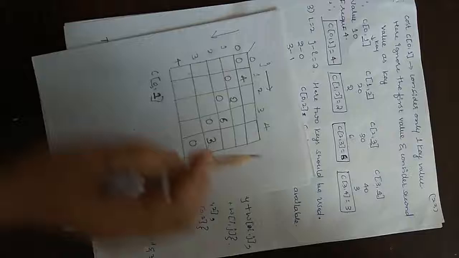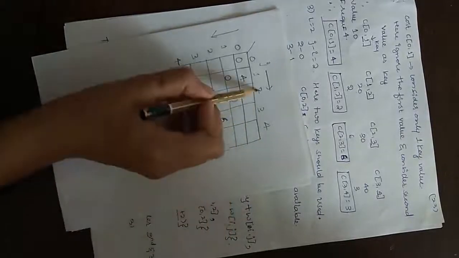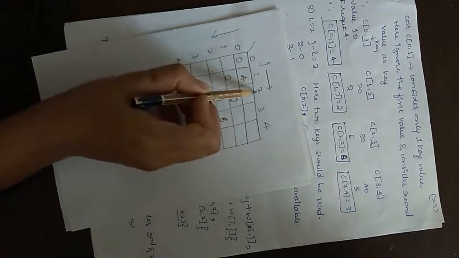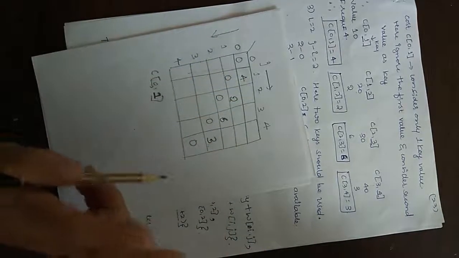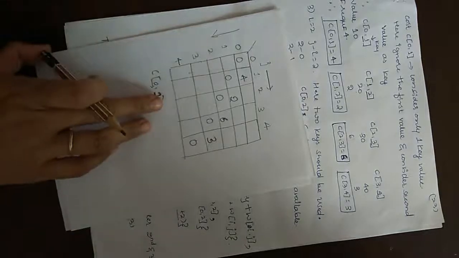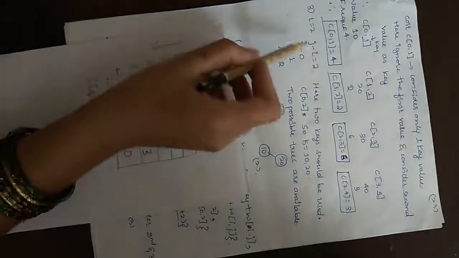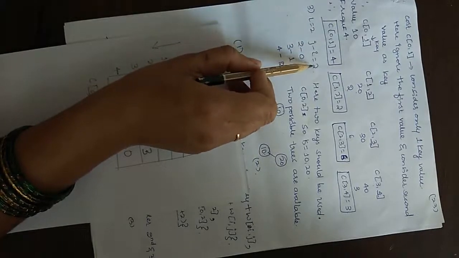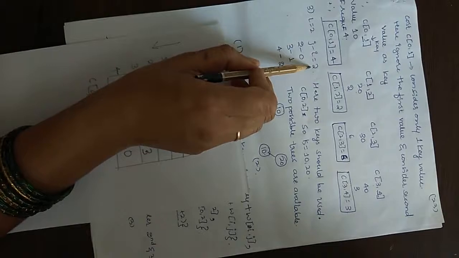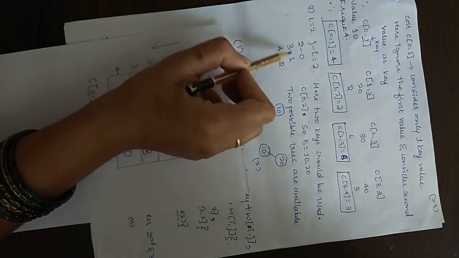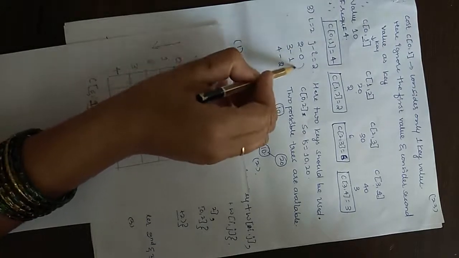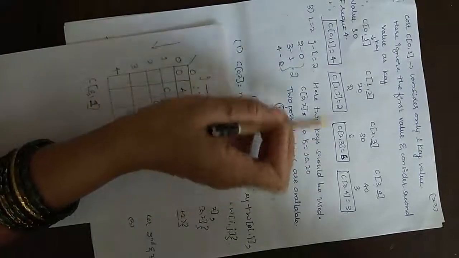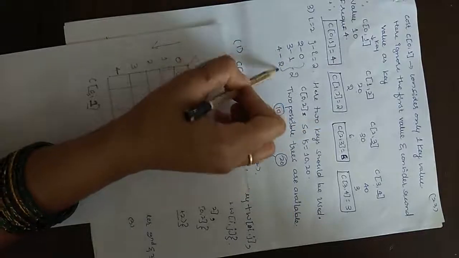Next we are going to see these elements when L is equal to 2. So when L is equal to 2 means what? How many keys should be considered? 2 keys should be considered. Which 2 keys? Let us see now. L is 2 means J minus I value should be 2. When do I get the J minus I value as 2? If it is 2 minus 0, 3 minus 1 and 4 minus 2. All these values give me a result 2.